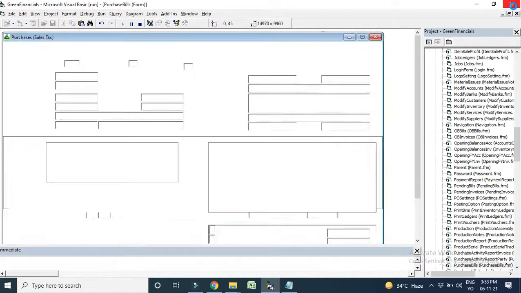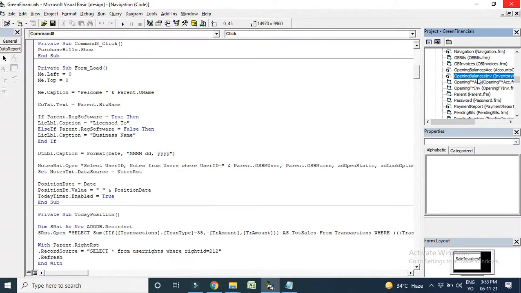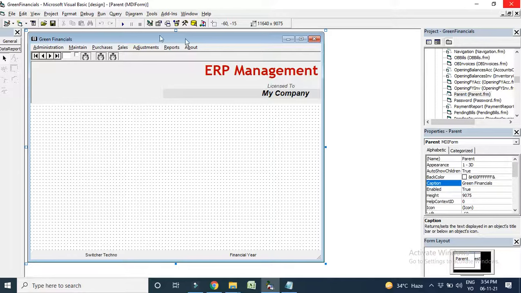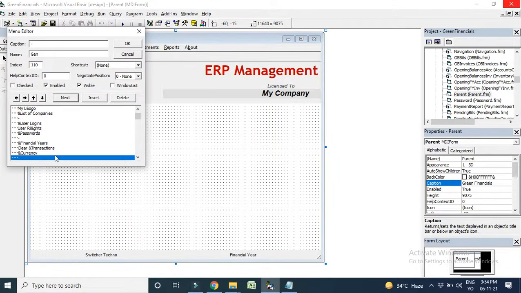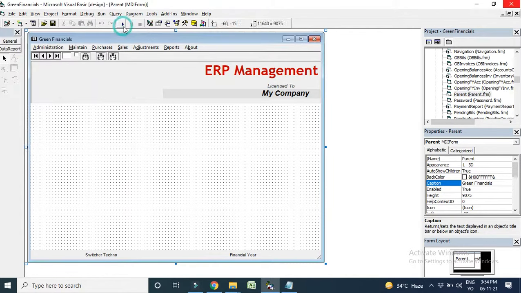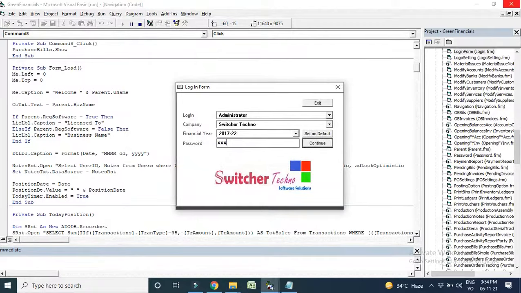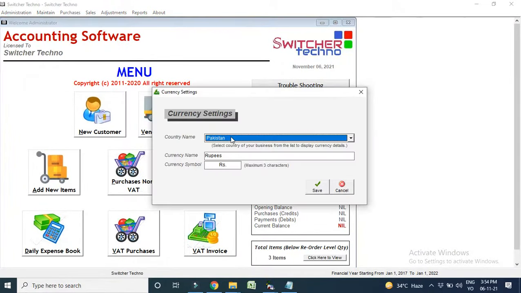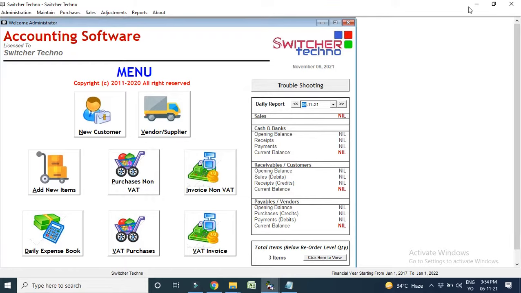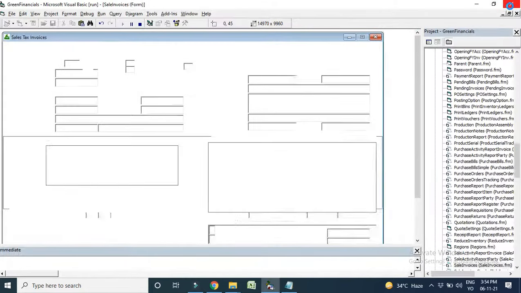Okay, now what I have to do, first before that I need to change the currency because right now it's on rupees, so sorry for the interruption. I have to change the currency as well, so just let me change the currency, which is AED. The best part is in this software you can use any currency, no matter where you are, UAE, USA, Canada, wherever. Now here I will change the currency, which is the United Arab Emirates. Okay, save. Now I will just restart the software.